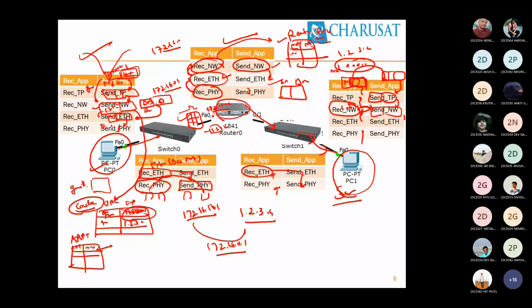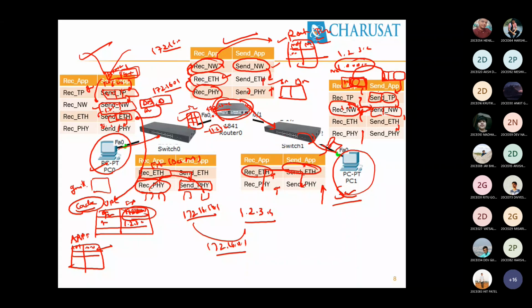The gateway's MAC address will come. Then it writes the gateway's MAC address in place of the destination MAC address. It sends to the physical layer. The physical layer transfers it in terms of electrical signals, received by the switch. Reverse process. Contacts the switching table, identifies the port, and forwards on this port. Router receives, reverse process.